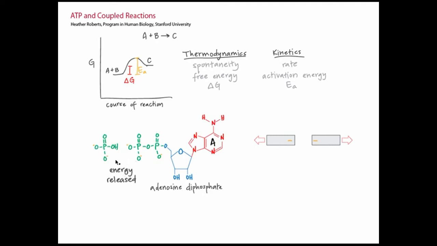Not only does breaking this bond separate those repulsive negative charges, it also increases entropy. While the phosphate group and the rest of ATP must be in the same place if they're bonded together, once that bond is broken, the phosphate group can be randomly located near or far from adenosine diphosphate, or ADP. Additionally, water molecules with their partially positive hydrogen atoms now have better access to the negatively charged oxygen atoms of both phosphate and ADP. All of these things create a large driving force to break apart ATP.